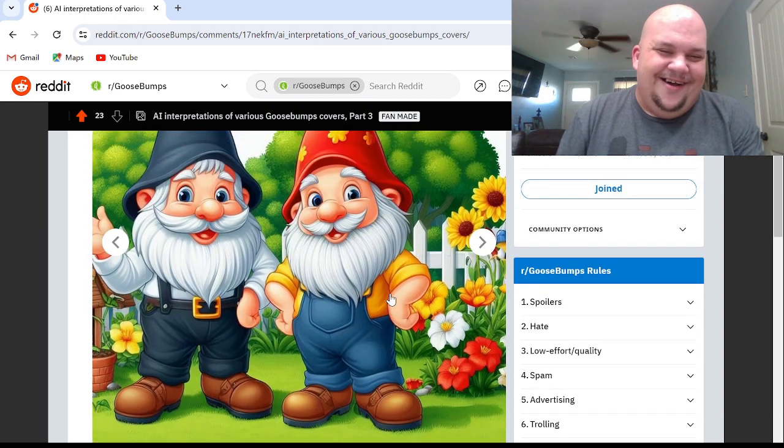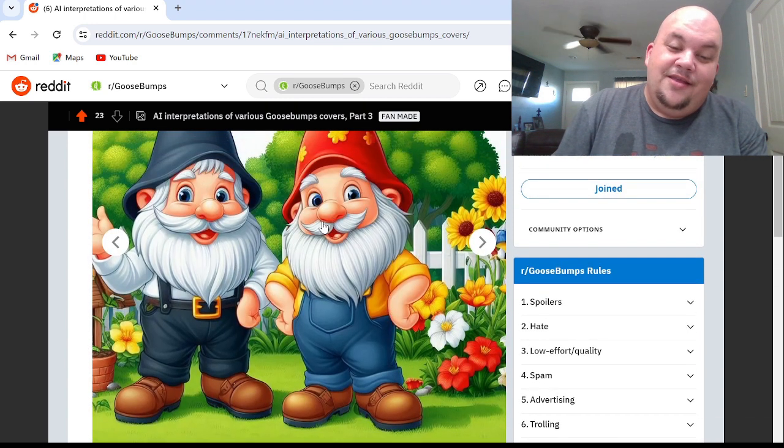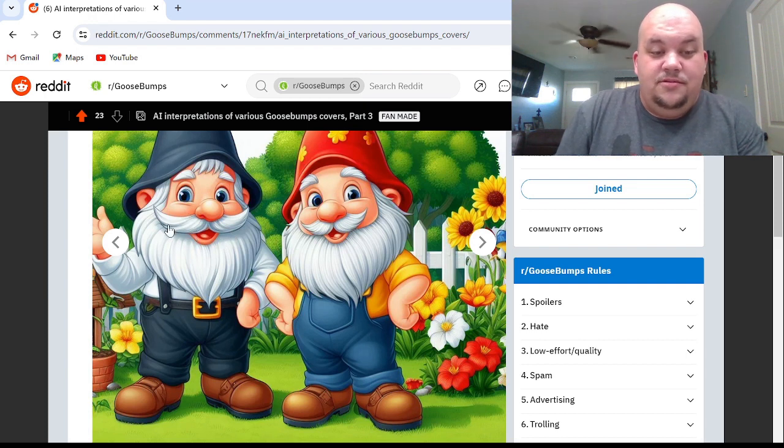The Revenge of the Lawn Gnomes. Look, don't think anything. Keep your awareness up, because these two gnomes are out for revenge. They may look nice, but they are not nice at all.